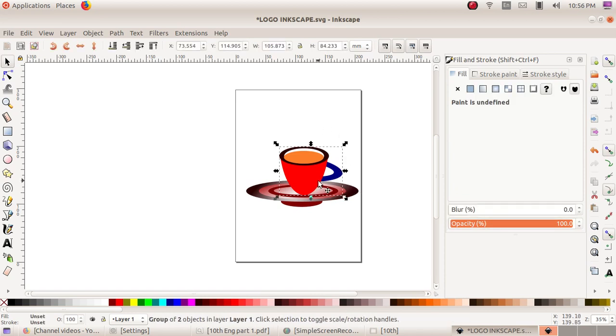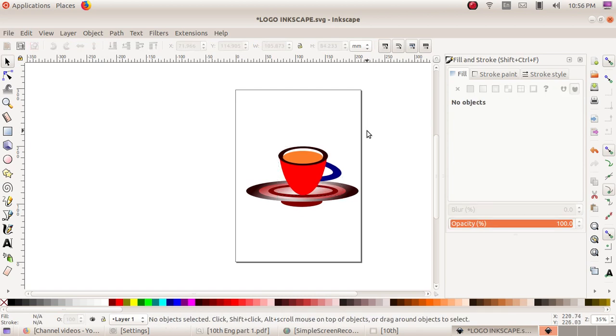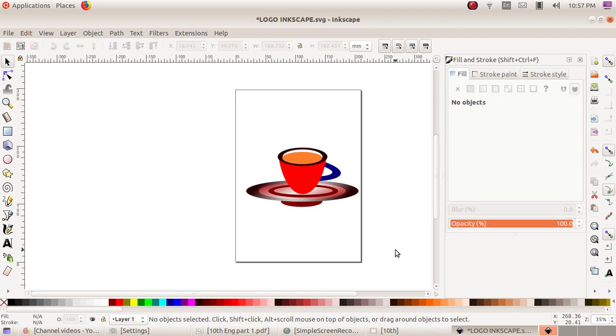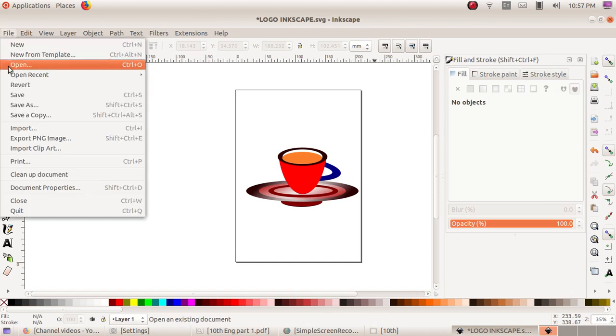This is a demo model. You do it neatly on your computer. This is only a demo of how we can create the cup and saucer. Now group the picture. We can modify it in the next class. Go to file and save.